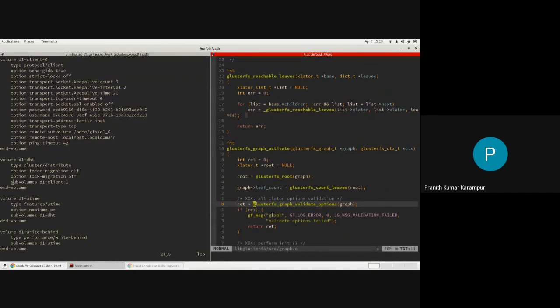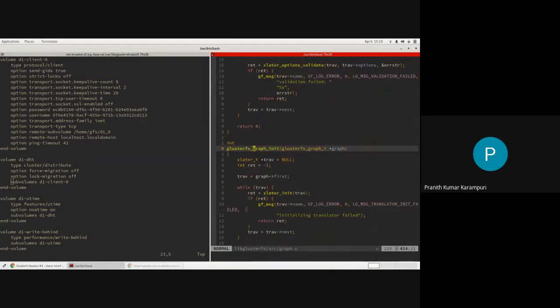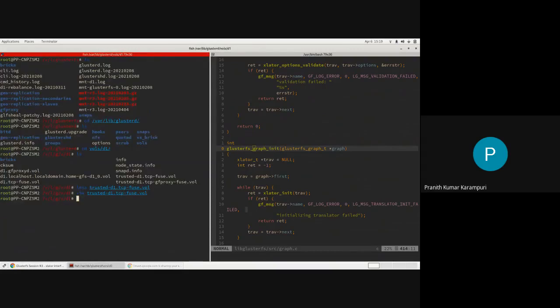Then if everything is successful, you can go ahead with the init. This is the one where we have seen something called init, right? Like each translator. Okay, I think maybe I will show it here.